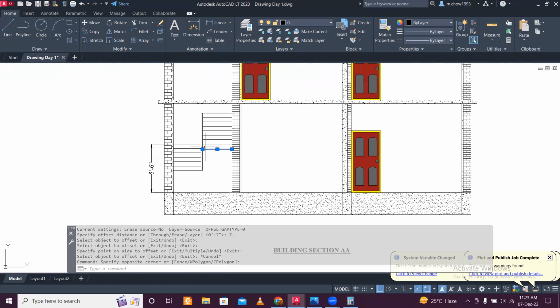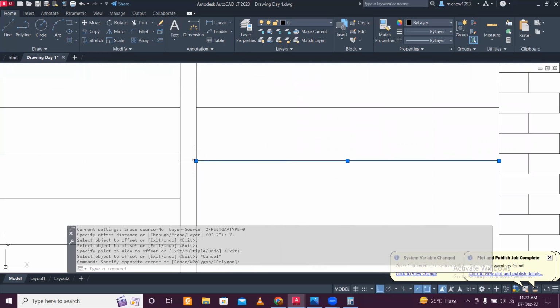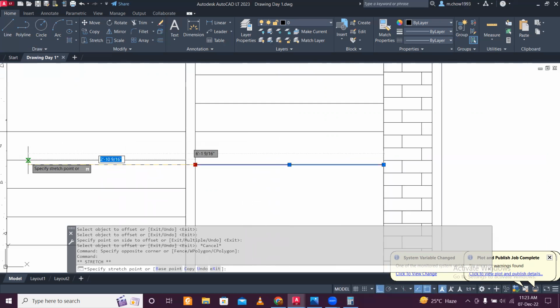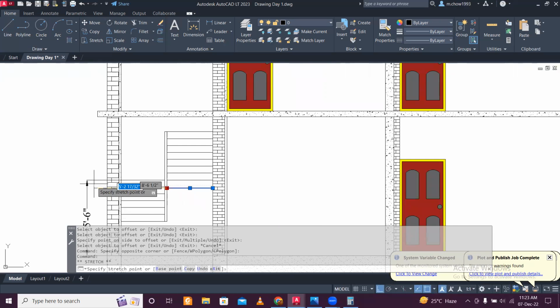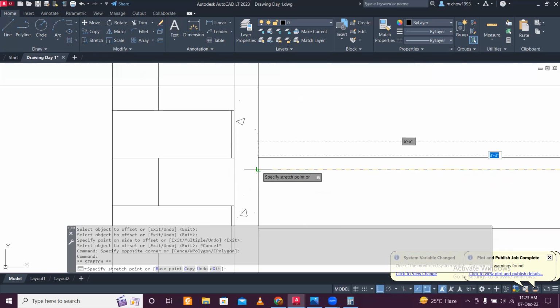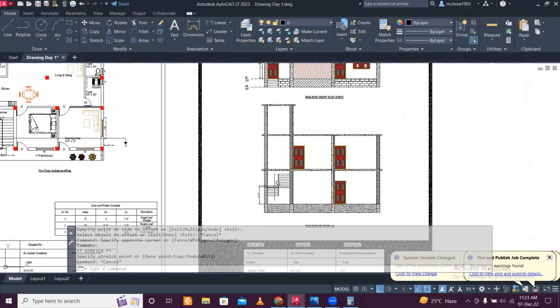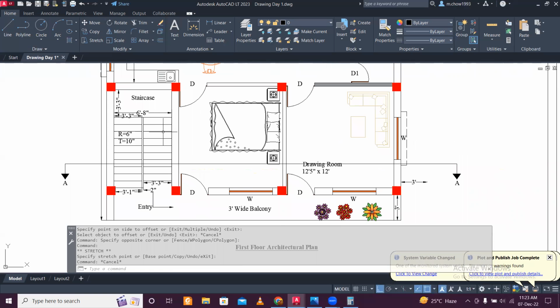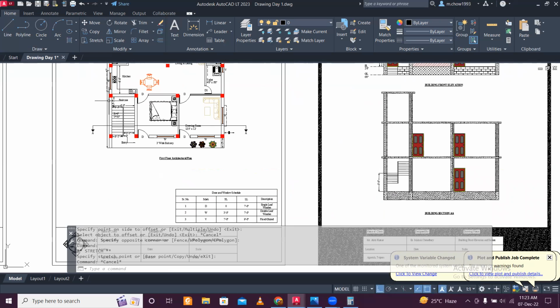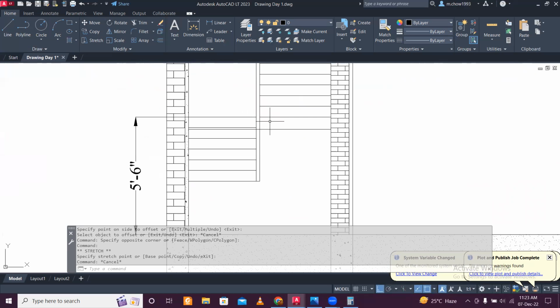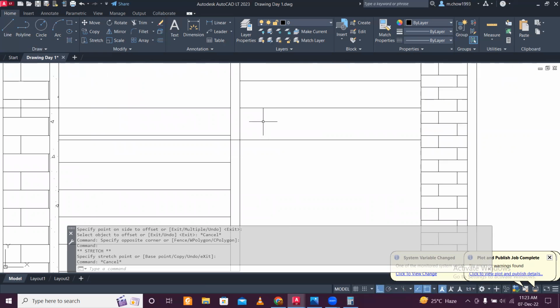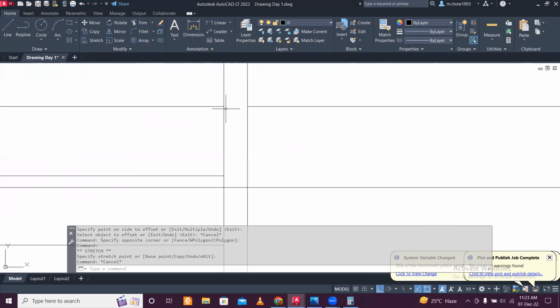And this, when we just cut the section here, the landing slab will obviously be the entire portion here. We can show the landing slab like this. So, if you cut the section from here also, the entire landing slab portion will be visible, but it will be visible after the staircase portion. So the portions which are beneath the staircase, that portion of the landing will be visible. So let's join this